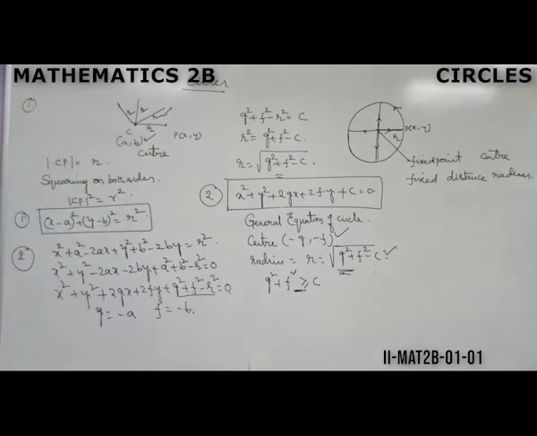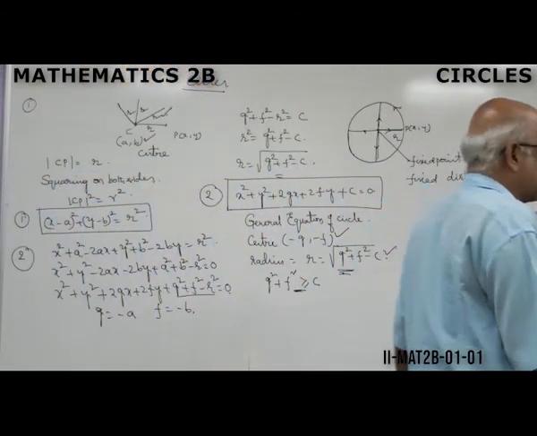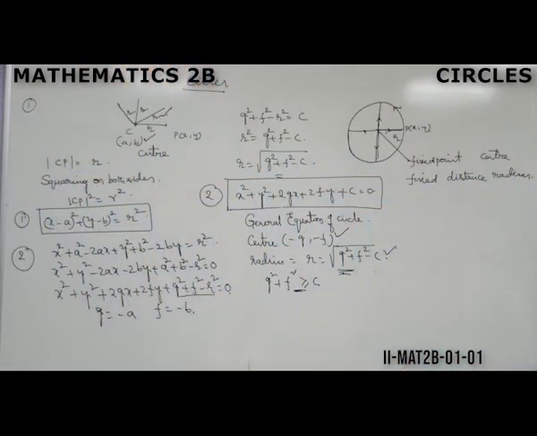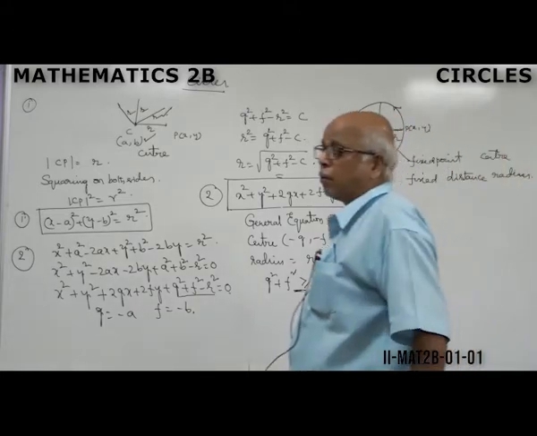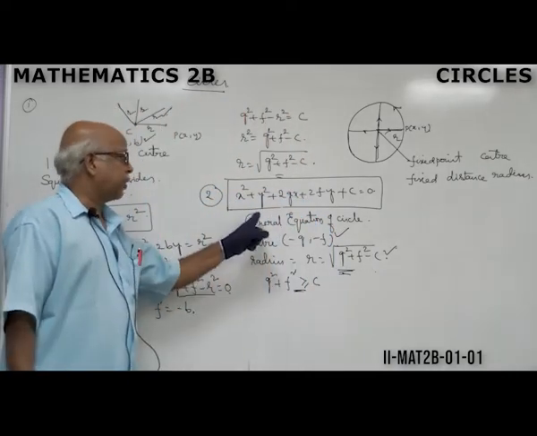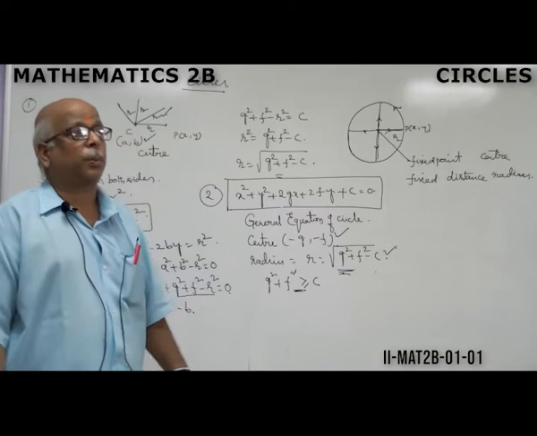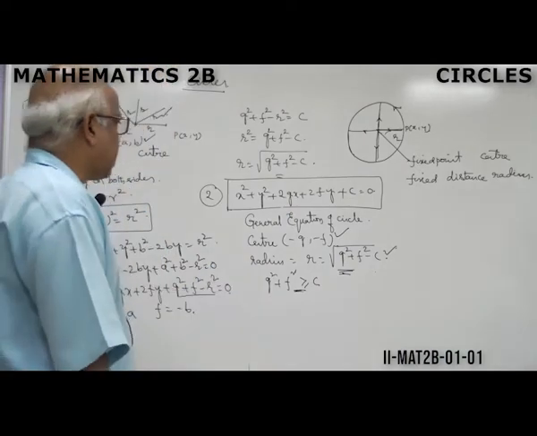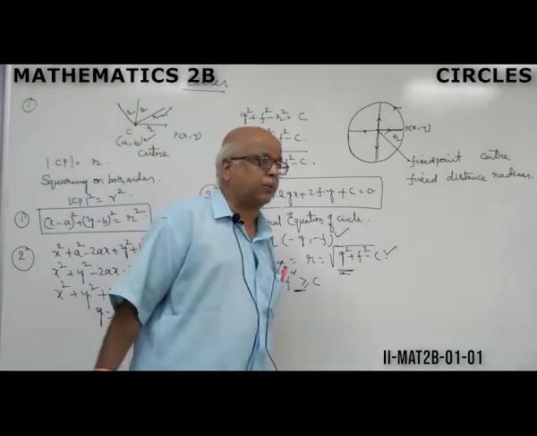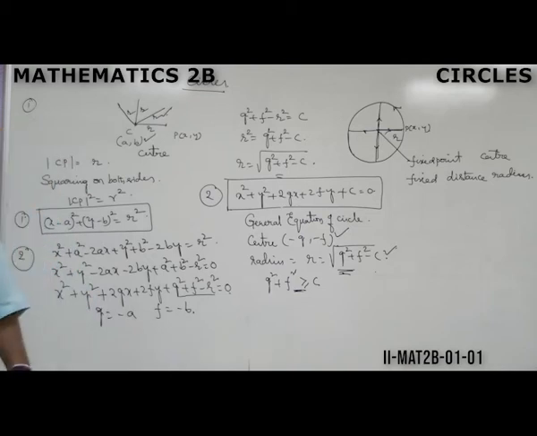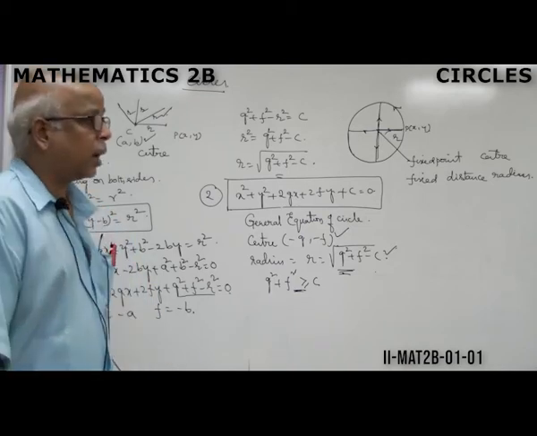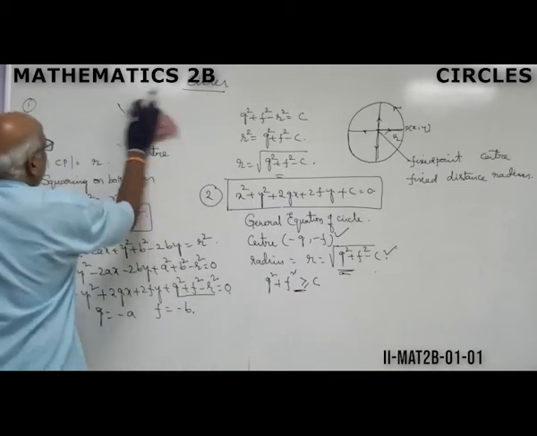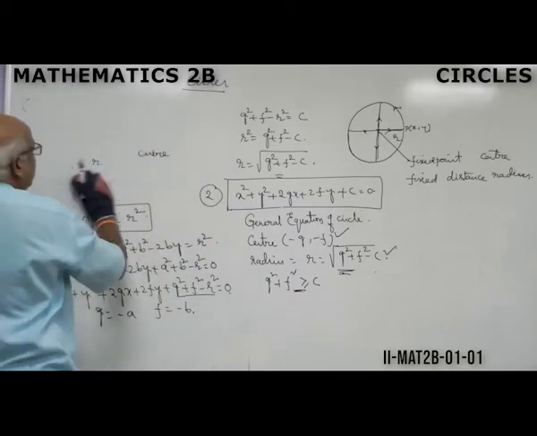Students, please make it convenient to remember these two formulas whenever necessary. Suppose the circle equation is not known to us, we are supposed to assume a circle equation. In that case, let us assume the circle equation as x square plus y square plus 2gx plus 2fy plus c. Its center is always (minus g, minus f). Radius is always the square root of g square plus f square minus c. Next, we shall derive and discuss the third formula.